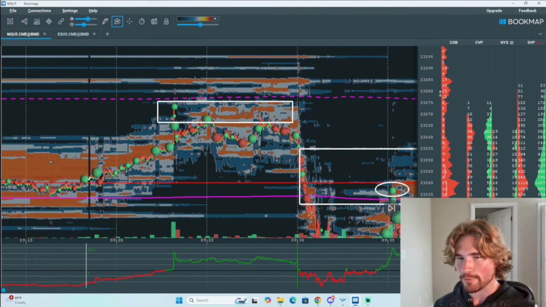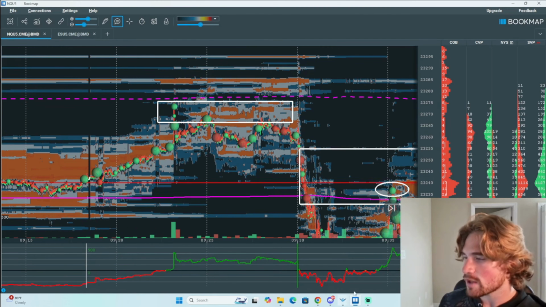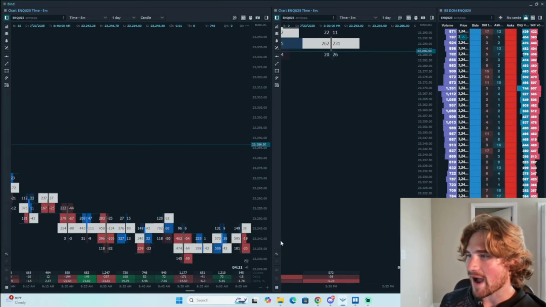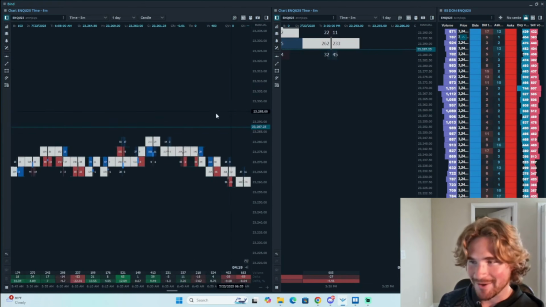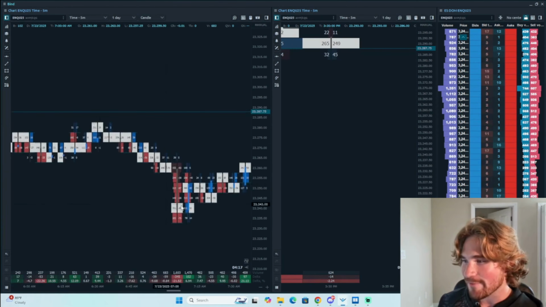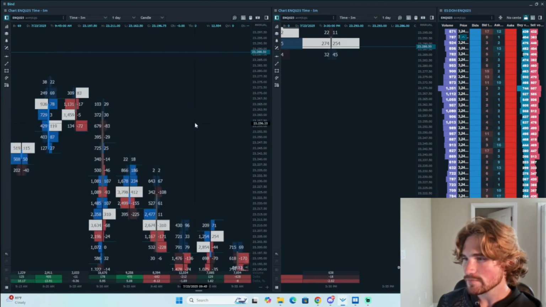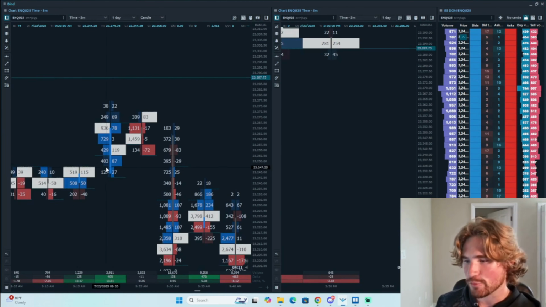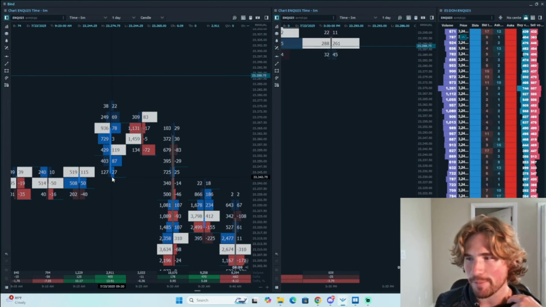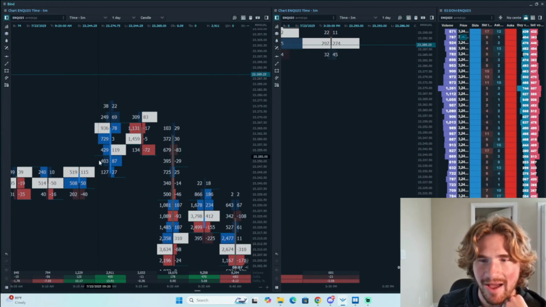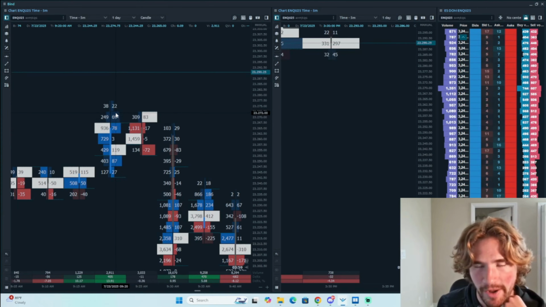Context, location, confirmation. If that's not enough for you, let's go to a footprint chart, because I like ultimate confluence in my trades. I want to make sure that everything I'm using is all aligning in the exact same way. Cool. We had a huge rally up right at 9:20, 10 minutes before market open. And as you can see, the left side is total volume. The right side is delta, meaning there's 119 more buyers, 78 more buyers, 69 more buyers, 22 more buyers,